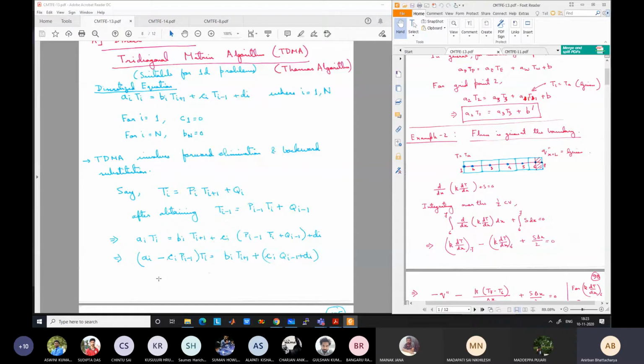And this is very much required in CFD problems because you have to do grid refinement in many cases to capture fine details. Say you have to refine the grid by 2 times or 4 times. Even if you refine the grid by 2 times, for TDMA the calculation time only increases by 2 times, whereas for Gaussian elimination the calculation time will increase by 8 times. So that's why it becomes important.